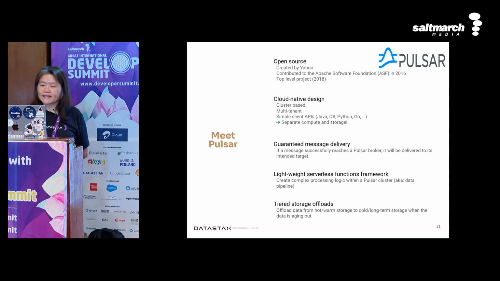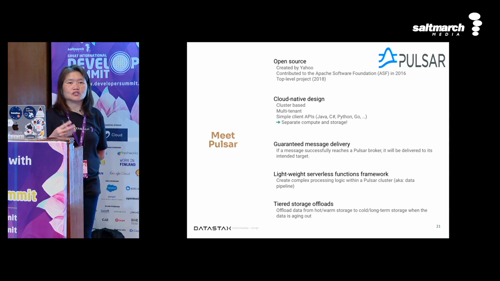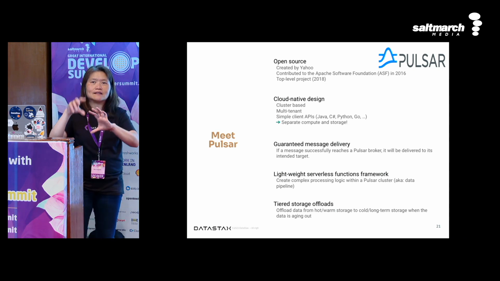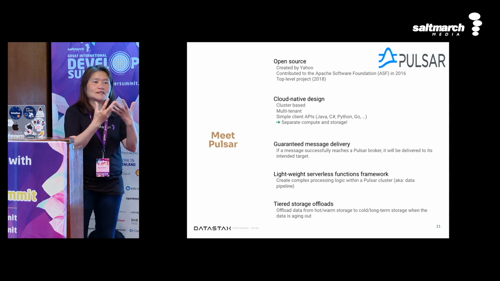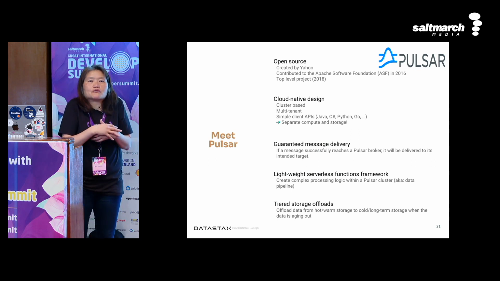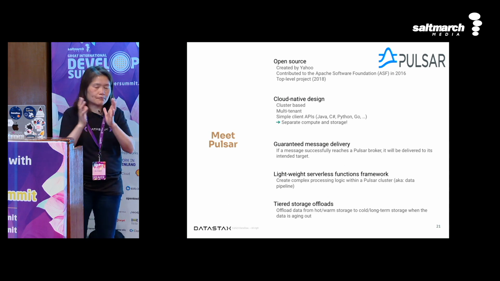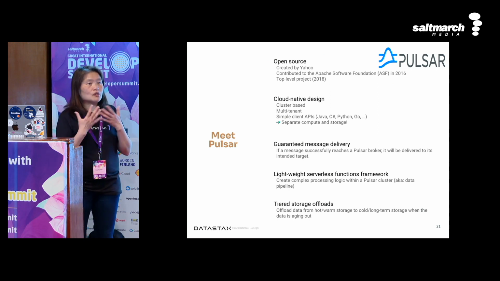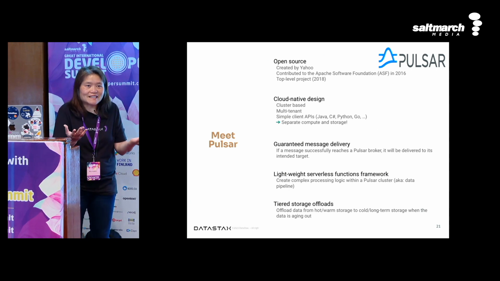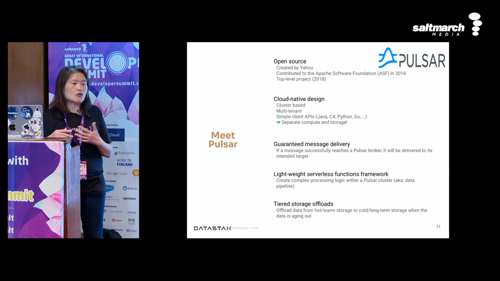Okay, and then there's another feature of Pulsar that's kind of nice too, which is the serverless functions transformation framework. As we talk about event messages coming in, the messages don't just carry data, but a lot of times we want to do some sort of transformation on the data. Maybe you want to filter some messages, or do some selection so only certain messages get passed on, for example. So basically, Pulsar borrows the idea of something like AWS Lambda, the serverless type of function framework. Pulsar has this serverless function framework called Pulsar Functions.